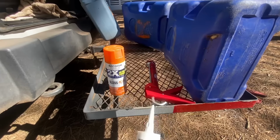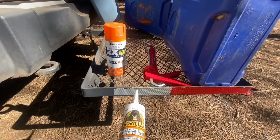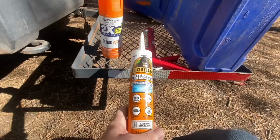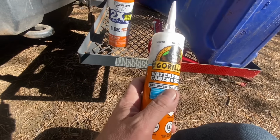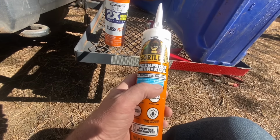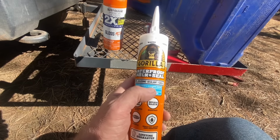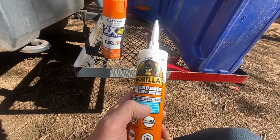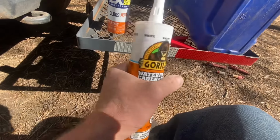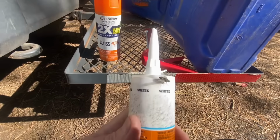The other thing is I found around my kitchen sink, the gasket's coming apart. I've got this brand new caulk gun I bought a while ago. I forgot why, I didn't even use it. And I've got this Gorilla waterproof caulk and seal, 100% silicone sealant caulk, and it does say right there, 100% waterproof, won't yellow over time. The one I have now in there that was the original caulk has yellowed and cracked, and does specifically say for kitchen. So as long as this tube hasn't gone bad, hasn't been opened,